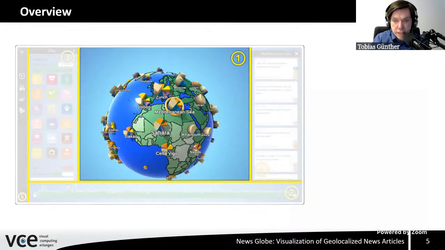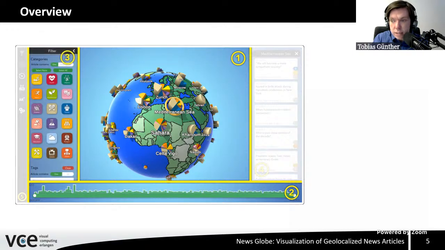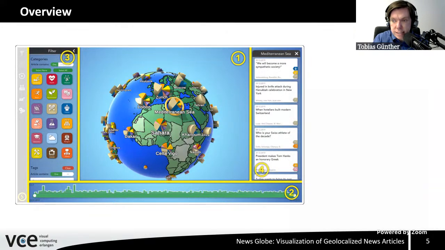Our visualization application consists of two components, the globe visualization in 3D and the user interface, which is layered in 2D on top. In the middle of the screen, you see the globe visualization itself. Below, there's a timeline that expands along the bottom of the screen where you can filter temporally. The left-hand side allows for filtering by categories and by tags, so you can also search by certain topics. On the right-hand side of the screen, we have the detailed information on the selected article, including the categories, tags, referenced locations, linked articles, etc.